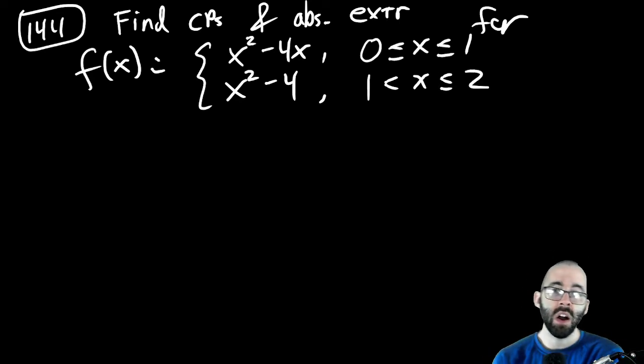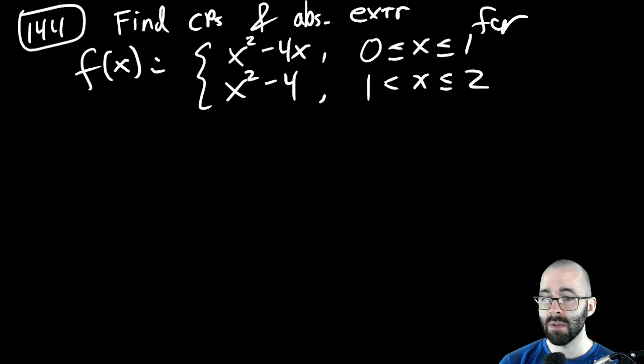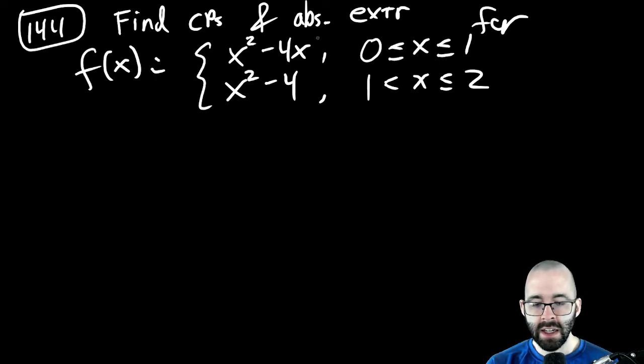So right off the bat, are we guaranteed with the extreme value theorem a max or a minimum? The extreme value theorem guarantees us a maximum and minimum if we're on a closed interval, which we are, 0 to 2, and the function's continuous. This function may or may not be continuous. Each piece is continuous. Remember back to chapter 2. So since each piece is continuous, this function is going to be continuous if they meet in the middle, if the pieces connect. We look at the function value, which is using the top piece when x is 1, and